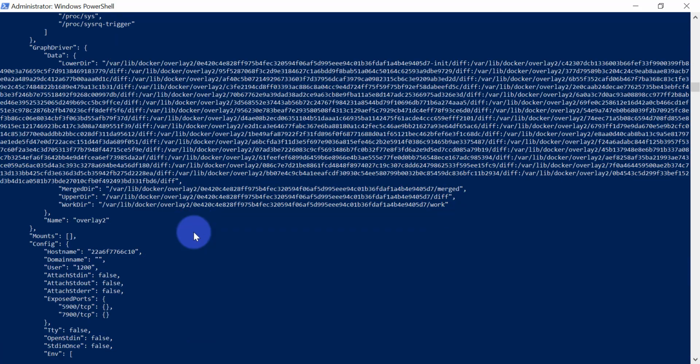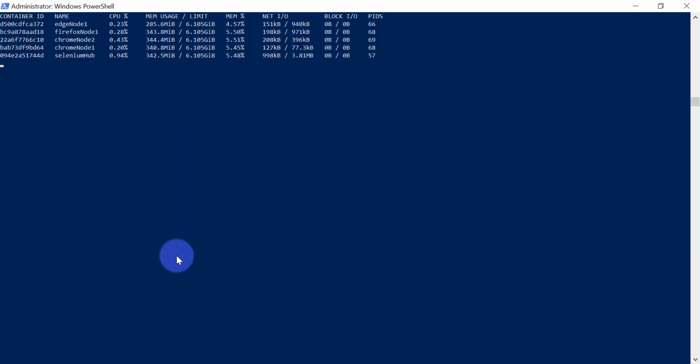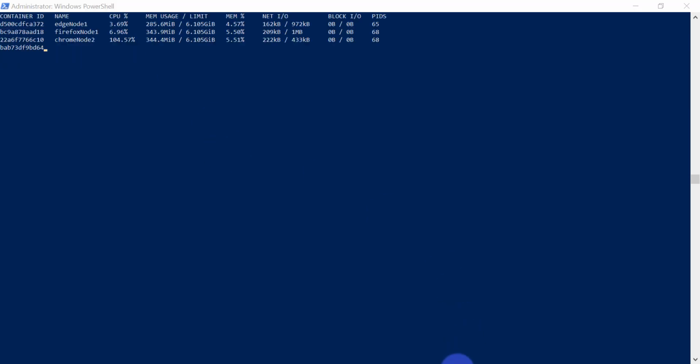Okay, so you can easily check the Docker log, or you can inspect the containers also. And if you want to check the memory or CPU utilization, you can check using this command, docker stats. If you run that command, you will see whatever containers are up and running, their names, the CPU utilization, memory utilization, all these details. Currently we are not running any test case, that's why this utilization is low, around 5 to 10. So let's go and run our Selenium test cases in parallel on these containers now.